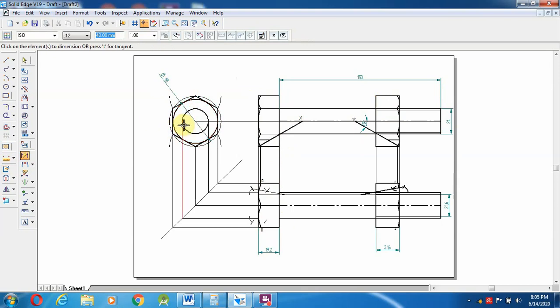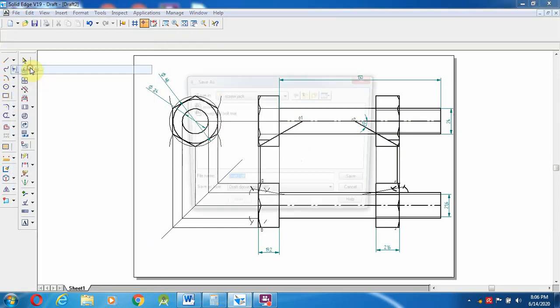This will be 48, and this will be 24. Like this you have to give the values. In this manner you have to draw the hexagonal bolt. This is the thing you have to remember: 0.13 mm. Even these arcs you have to change to 0.13 mm. With that, the hexagonal bolt ends here.